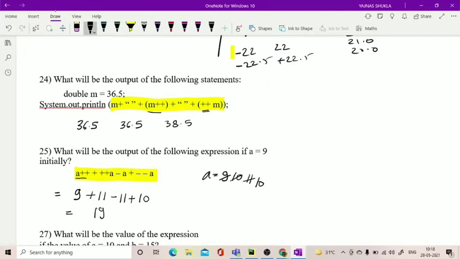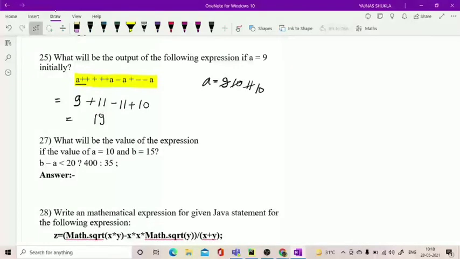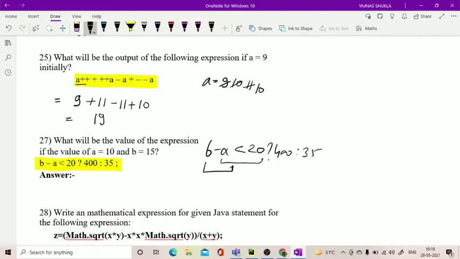Now we have to find the output of this ternary operator. In this question, B minus A less than 20, ternary operator. We have to see whether A will be compared to 20 first and the result subtracted from B, or first B minus A will take place.